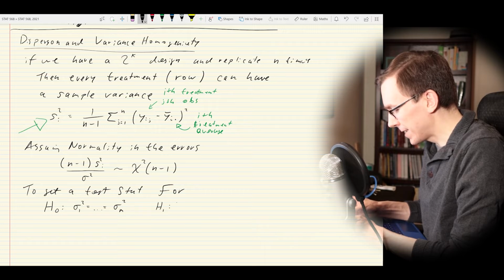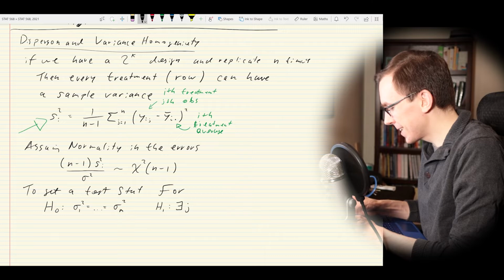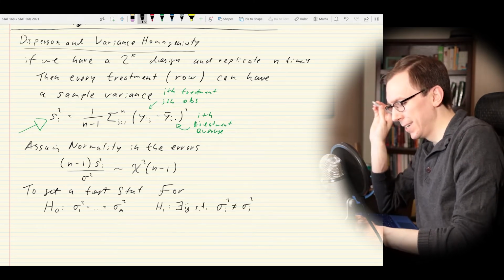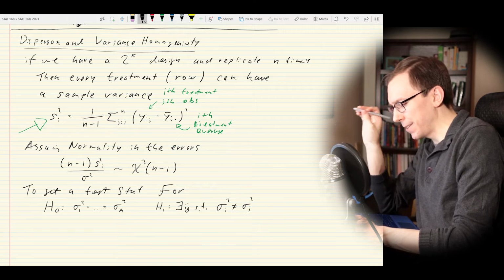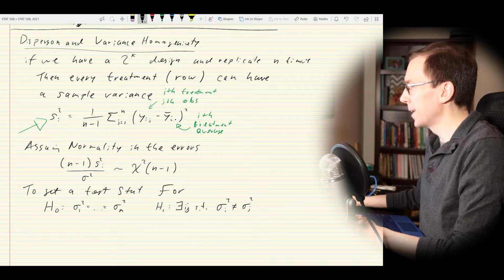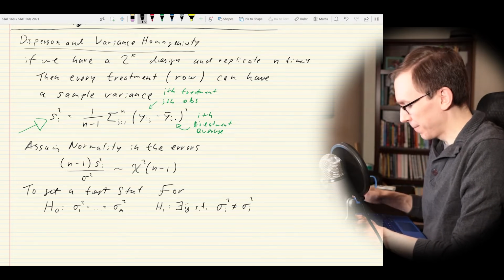Our alternative is that, using the math jargon, there exist i and j such that sigma i squared is not equal to sigma j squared. So at least two of the categories have different variances. So that's what we want to test. How do we do that? Well, first,